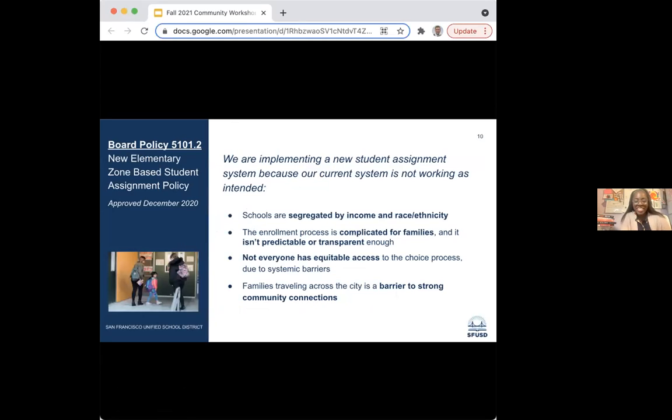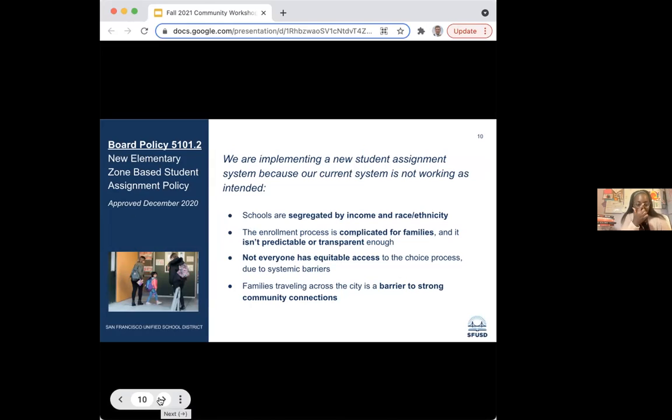All right. So board resolution 5101.2. After a 2-year policy development process, on December 8th, 2020, the board approved a new policy for elementary student assignment. Here were some of the problems that were listed about our current system. Schools were segregated by income and race and ethnicity.